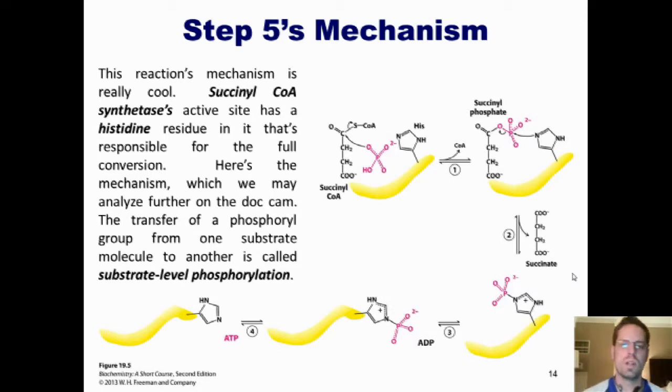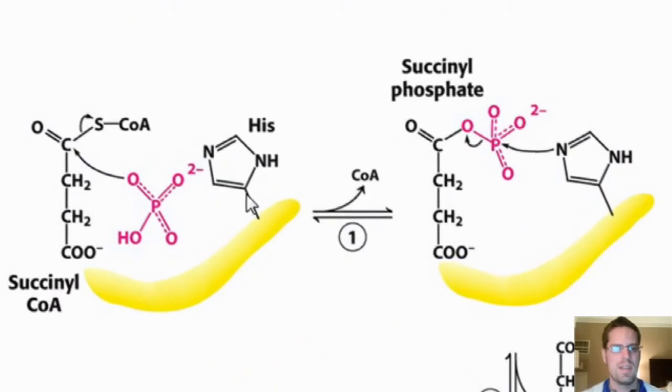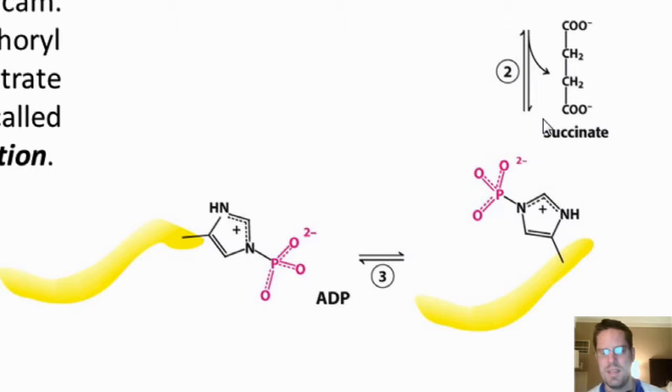Now this reaction mechanism is really cool. Succinyl-CoA synthetase's active site has a histidine residue, shown here, that's responsible for the full conversion. Now here's the mechanism, which I'd love to analyze on the dog cam if I had one here. Unfortunately, I do not. So what we have to see is a pyrophosphate being brought in. It attacks the carbonyl carbon's electrons. Electrons go up and down and hydrolyze or kick off the thiol group of coenzyme A. At this stage, the histidine comes into the phosphorus center, pushing the electrons up onto the oxygen to release our succinate. The histidine residue of the enzyme is then restored by having ADP presumably come in here and be phosphorylated